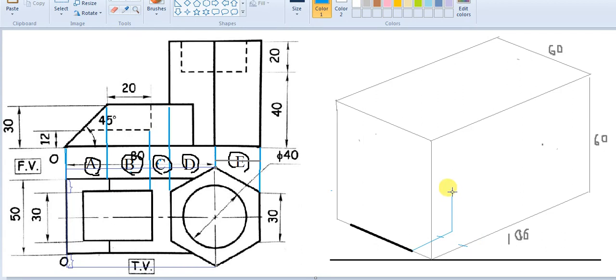So now the point obtained is this particular point. Let me highlight it. Now I am going to join these two points like this, and if it is understood very clearly,